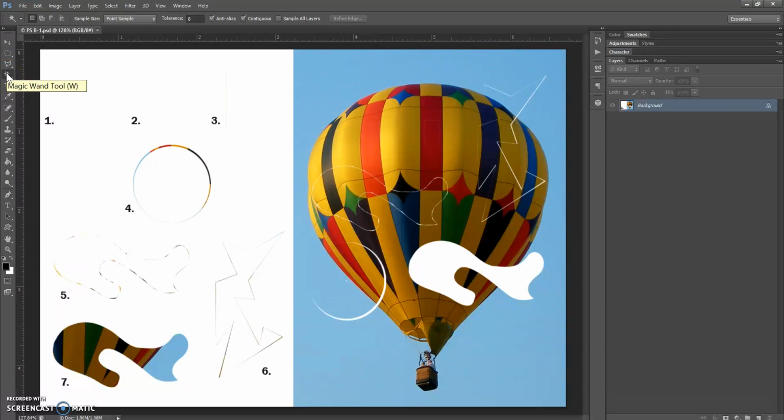Now the Magic Wand tool works based on something called tolerance. Now, tolerance is simply the similarity of colors. Now, the greater tolerance value, the more pixels the magic wand is going to select. Okay. So what we want to do here is, with our magic wand tool selected, we want to go up